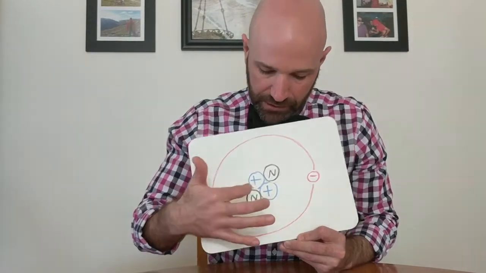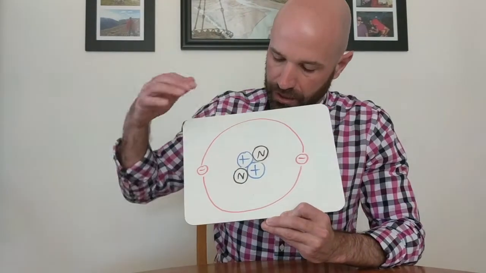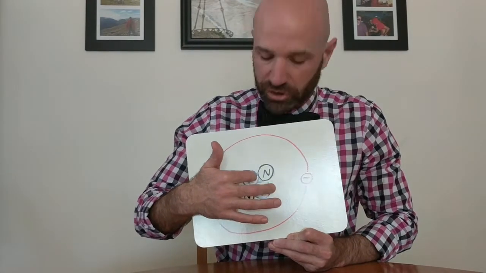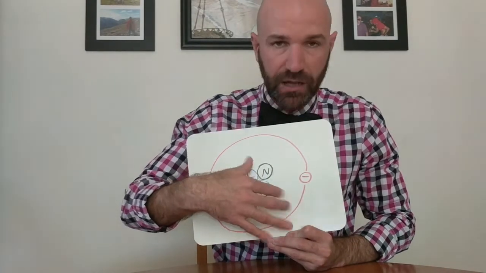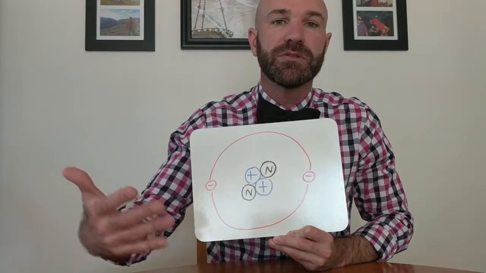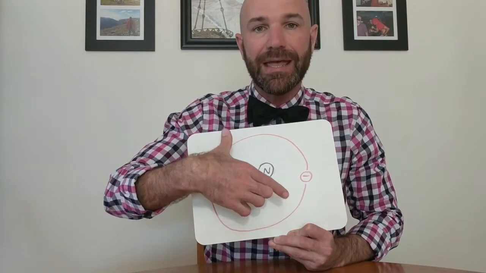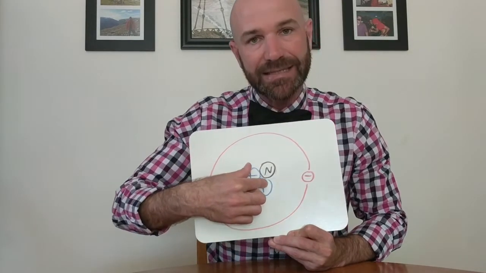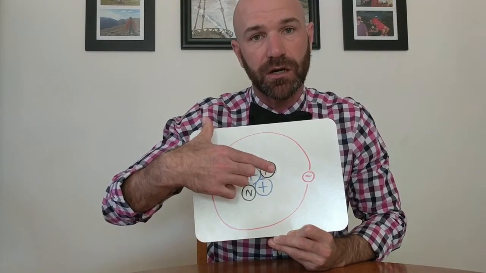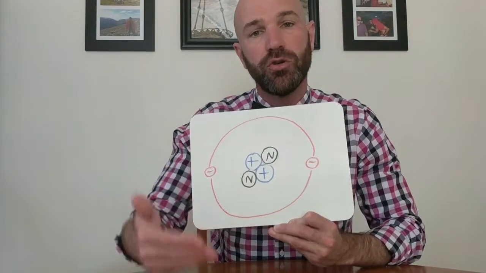What we're focusing on here is the protons, all right? According to Coulomb's law, according to our fundamental rule for how charges behave, these protons should not want to be next to each other. They should be repelling each other and pushing each other apart. Well, we know from Newton's laws of force that if these things are pushing each other away, there must be some force that is keeping them together. That has to be stronger than that repelling force. And that force that keeps them together is called the strong nuclear force.